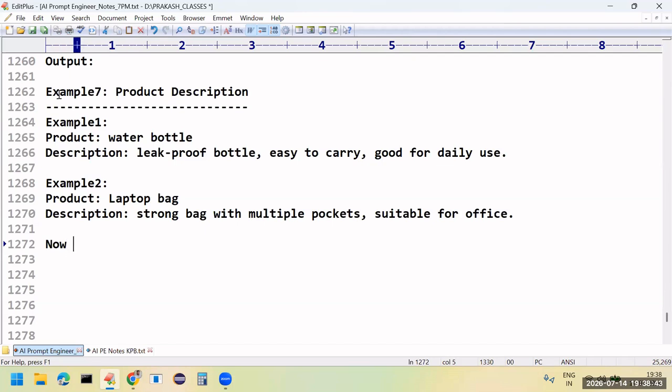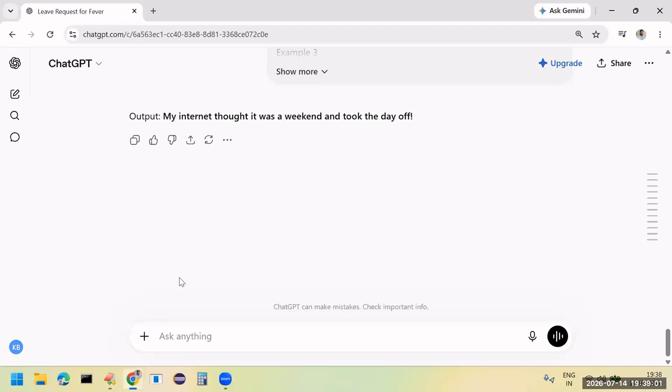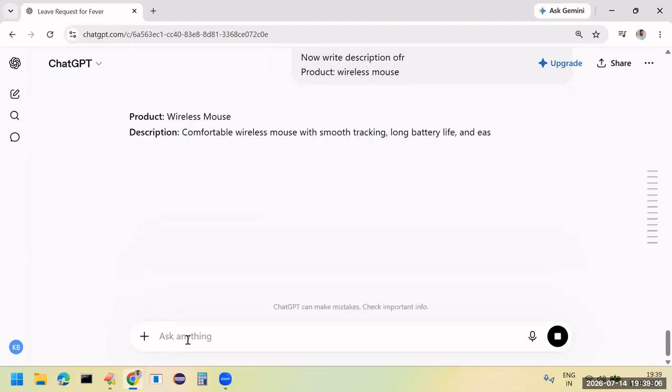Now, can you please write a description for a product? Which product description do you need? Wireless mouse. Comfortable wireless mouse with smooth tracking, long battery life, and easy connectivity.